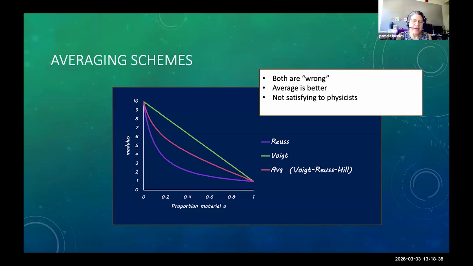But it's kind of like the spherical cow problem. You have some really complicated thing and you make a first gloss approximation. So they said, well, both are wrong, but we have this kind of envelope. So let's just take the average and that'll be better. So the Voigt-Reuss-Hill average is this red line in here, kind of comes through the center. Now that actually seems to work pretty well for most folks, but it wasn't satisfying to physicists